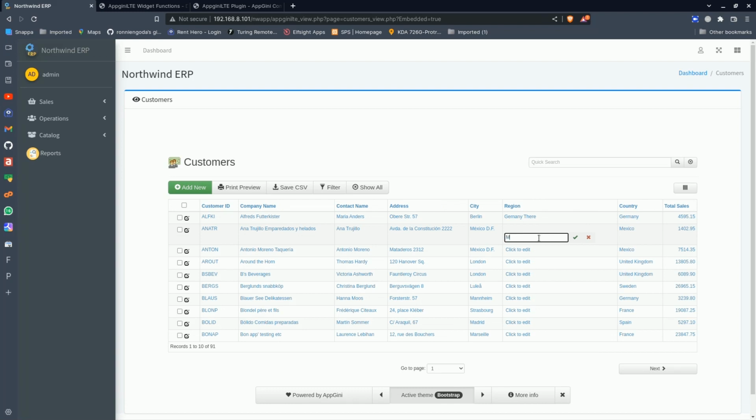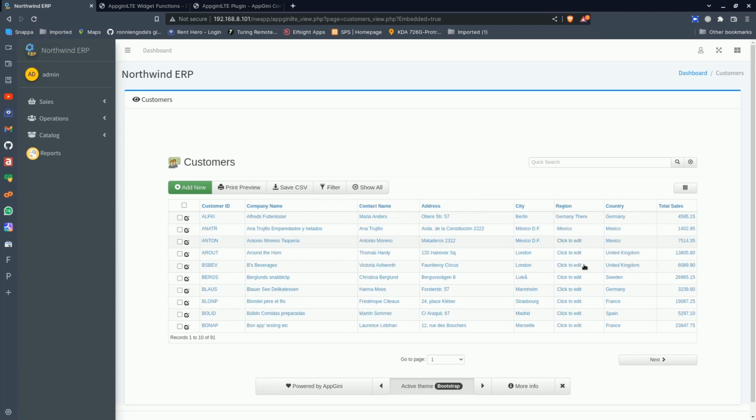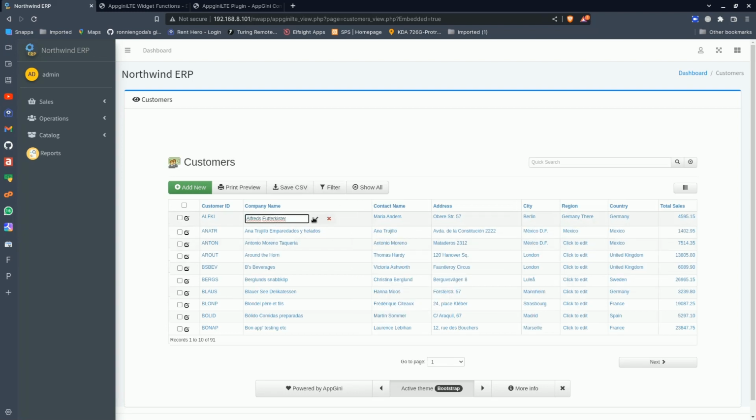If you say, for example, that is it, and you save, it's done. See, the region is now there. That's how simple and fast Inline Edit is. It's very, very simple. And also, if you do want to disable Inline Edit for this table entirely, maybe for some reason you don't want it to be on this table,